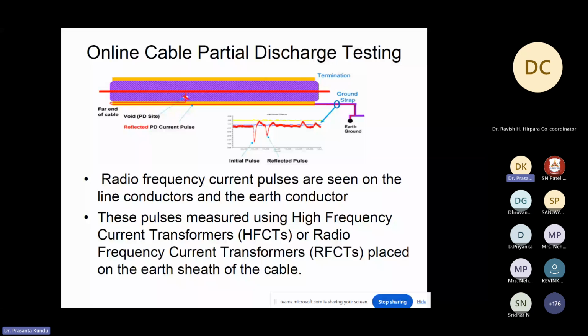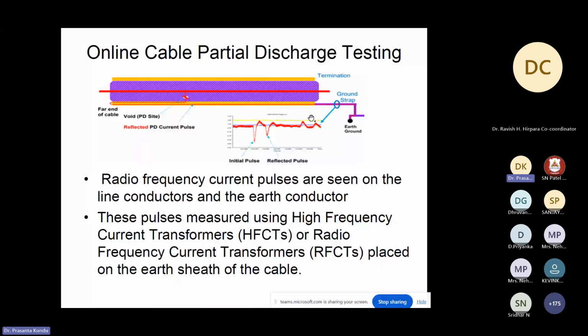This is the most common type of failure in a cable. If there is a cable failure and you find out the causes, in most cases it is because of partial discharges. So how is it done? Here partial discharges can be used to identify the location also. There are two different ways of measuring it. Without any other measurement technique, we can identify the location of the partial discharges, and that is by reflection. Okay, we'll take that part.